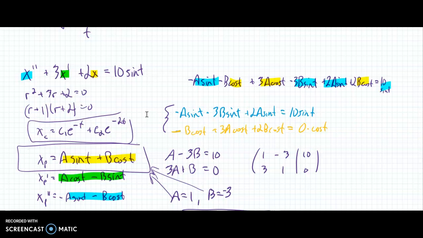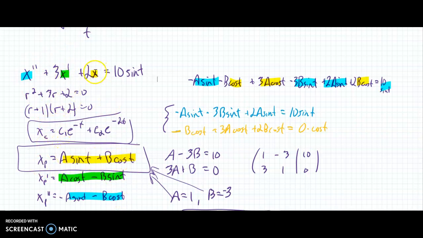Sine derives to cosine, cosine derives to negative sine, and then it just starts repeating itself with different numbers out front. So the xp that I take is a sine t plus b cosine t. Derive that, a cosine t minus b sine t. Derive that again. I get negative a sine t minus b cosine t. From there, I'm going to plug the blue in for the blue, the green in for the single derivative, green,